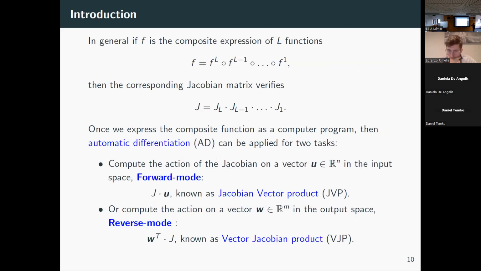Now, obviously, if you have many layers of functions, so you can think of a chained composition, like we have one function after another, then you can chain the Jacobians. And so the whole job of automatic differentiation is, when you have this sort of composite function, a composition of L functions, then you want to do two things. First is you want to find what is called the Jacobian vector product. That's where you have a vector in input space and you want to find the